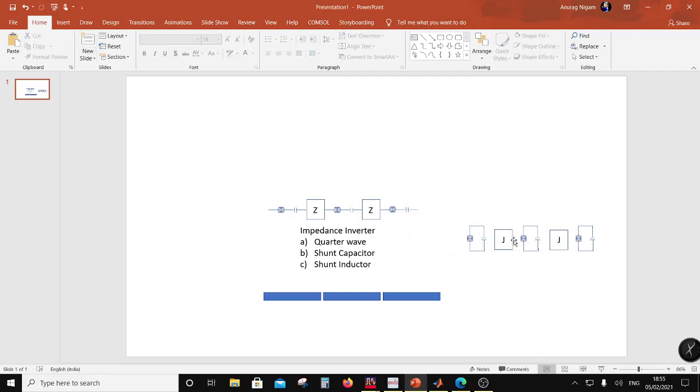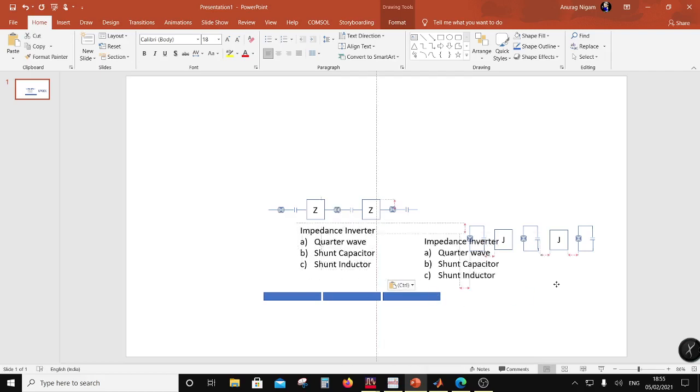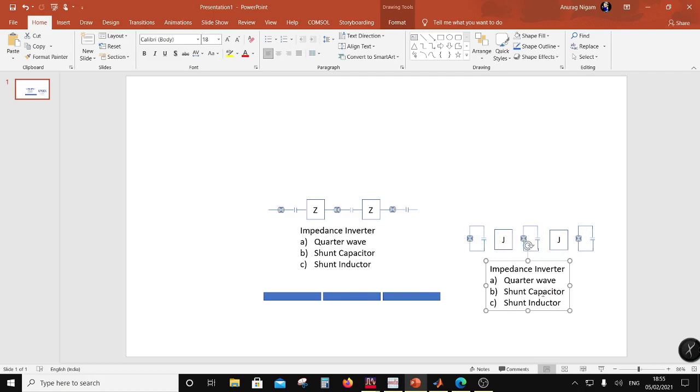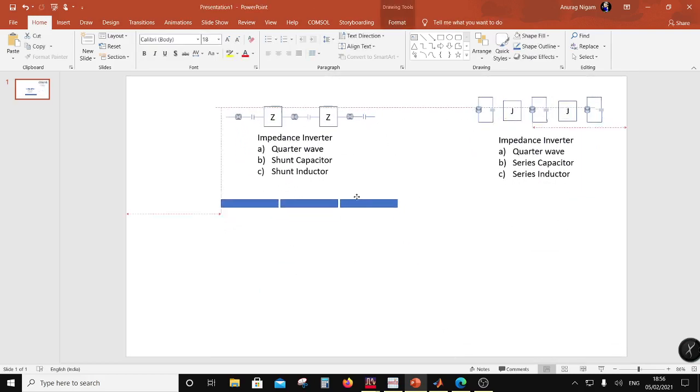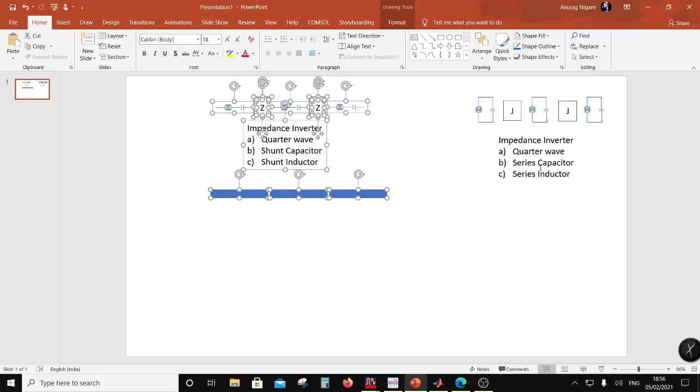And this impedance inverter can be as simple as, again, a quarter wave line, a series inductor, or a series capacitor. Okay, series capacitor or a series inductor, right? So I can implement this parallel version of it, right? Or I can implement the series version of it. Now it all depends on what kind of capacitance you